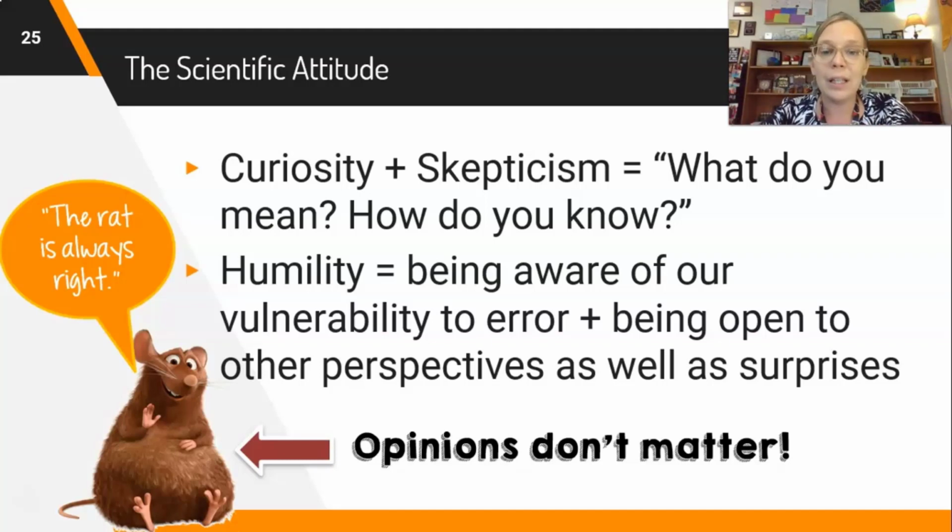And humility is just being aware of our own susceptibility to making errors and being biased, and also being open-minded about other people's perspectives or about surprises that come along the way. So when you start a psychological experiment, you might have an idea of where it might end up going. You have a hypothesis. You're going to hypothesize what you think will happen, but it's not about proving your hypothesis, right. It's about addressing a scientific question, and then seeing how the data either supports or disproves your